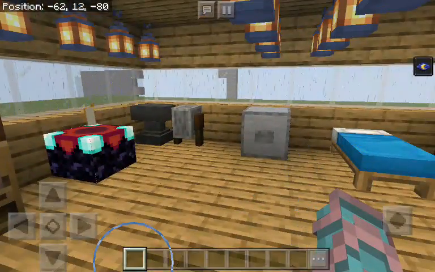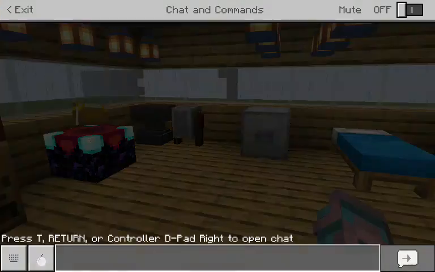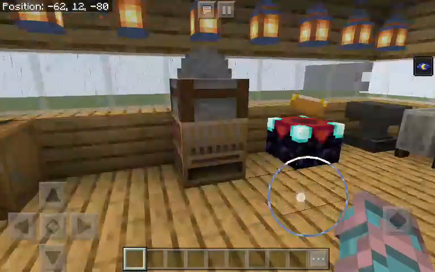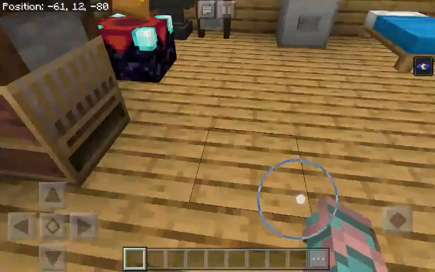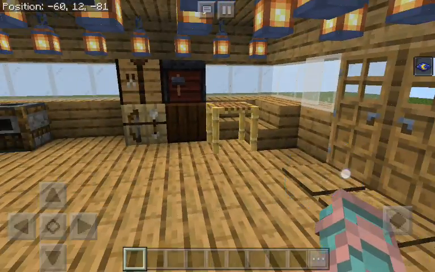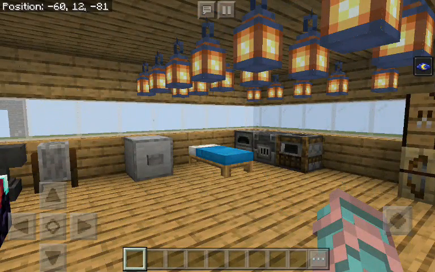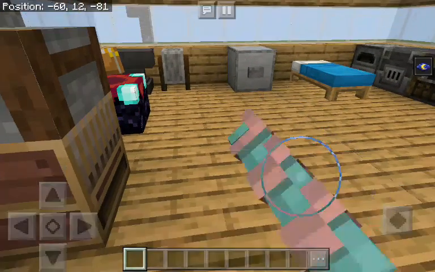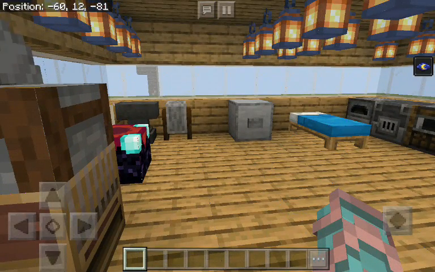Now, this video is about how to build a flush door using slime blocks. But I think we should just start the video off with,